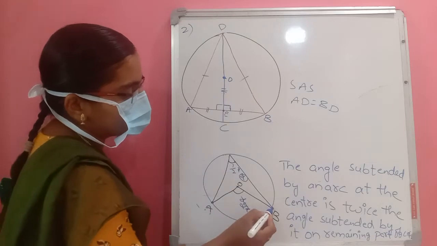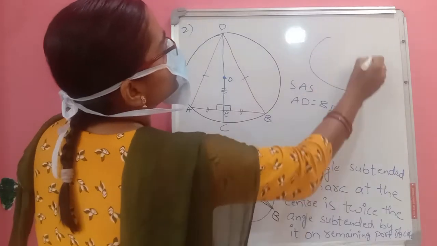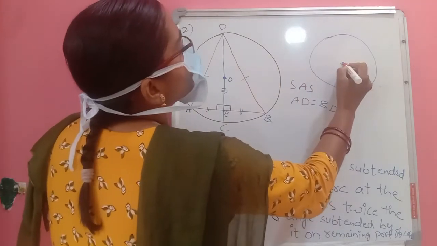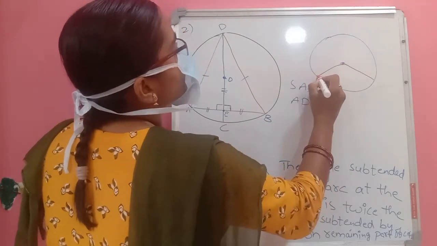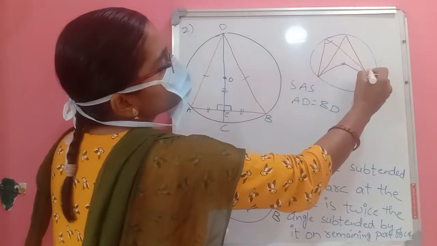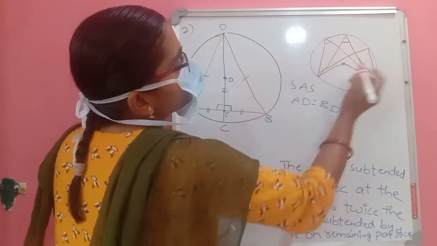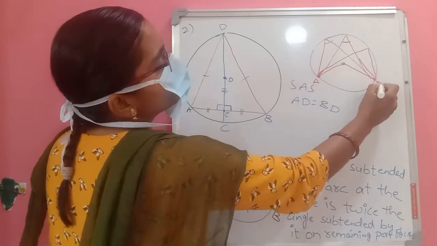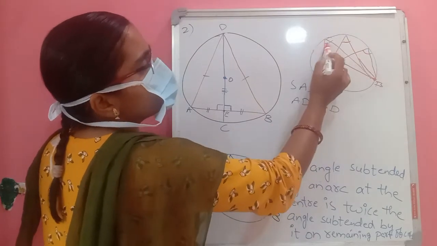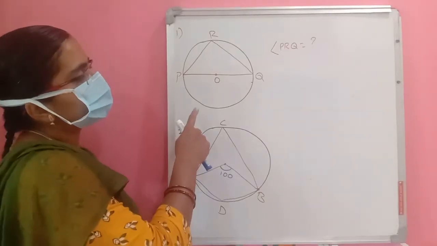The angle at the center is twice the angle at the remaining part of the circle. So no need to take that angle. There only you can take an angle like this. So I will draw one more circle. If I draw like this, two angles from the same points, the same arc, A, B points. So arc AB is making angles at the remaining part of the circle. All these angles are equal.